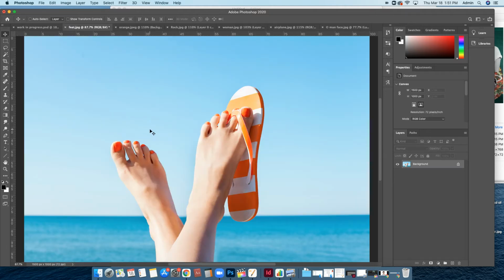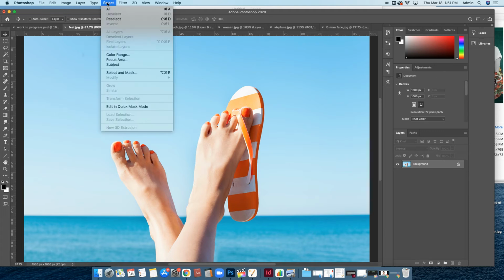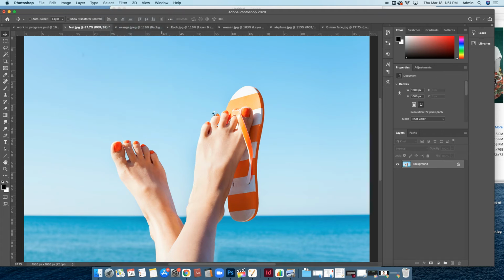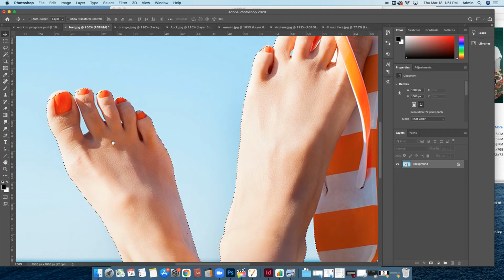The last thing I want to show you here, two more things. The feet, okay. So let's do the same thing. Select subject. Now I can do this because I have a lot of blue here and the feet are different colors, so it's probably going to do a pretty good job. But when I do zoom in, I can see, okay, yeah, it did mess up quite a bit, actually, quite